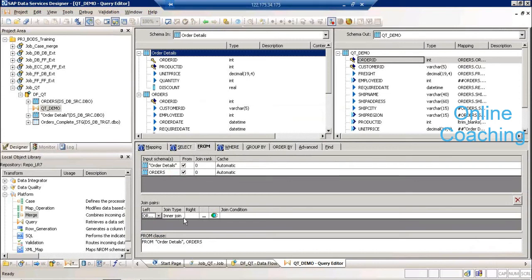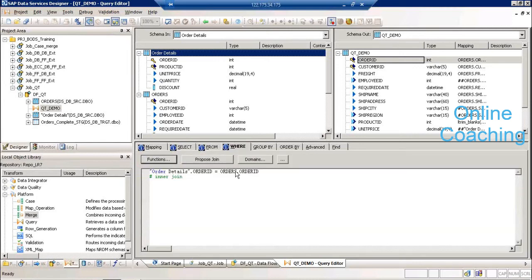You can choose one, and then here also you can just propose an inner join. So you don't have a right outer join because there is an option for you to switch the table. So let us say orders is my left outer table, and I am trying to do a left outer join, which means orders is my left. Now if you want to do a right outer join, instead of choosing an option right outer, I'll switch order details to be my left outer table and orders to be my right outer table. And for the join condition, you just go to the from tab,